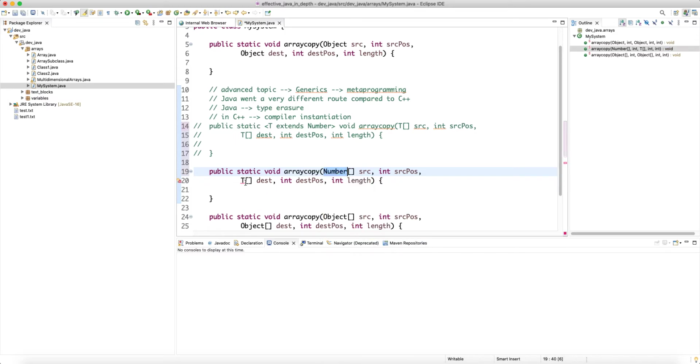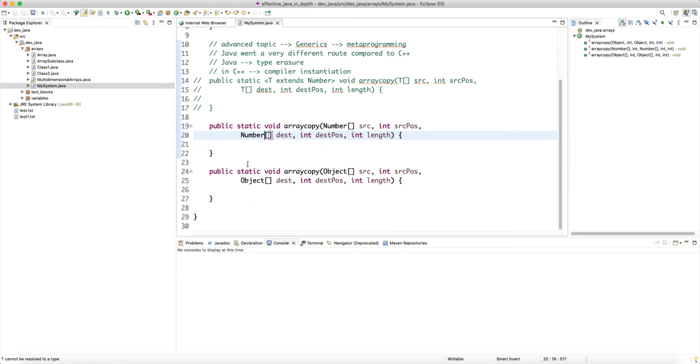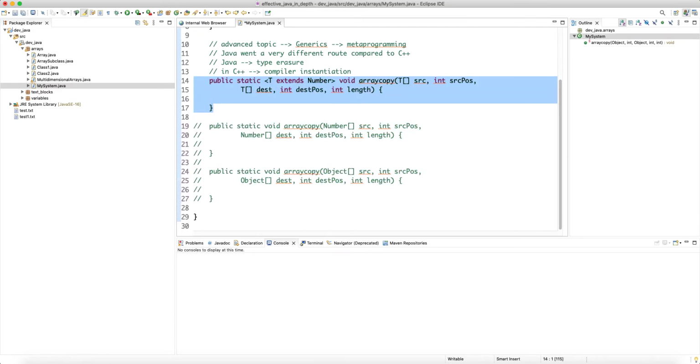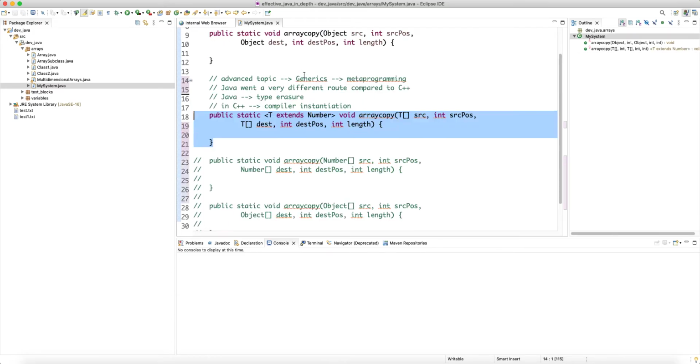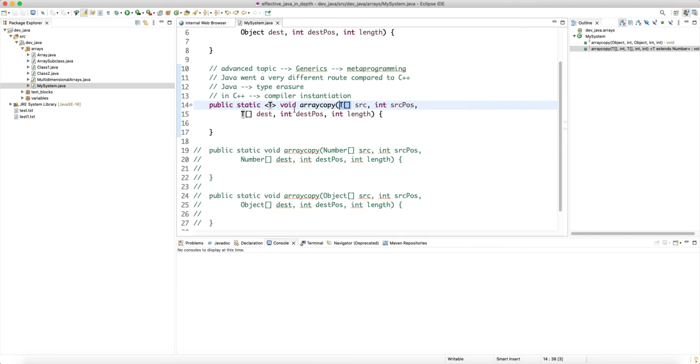Again, I don't want to go deep into the details of generics. This is a more advanced topic and we will look at this, but in general they could write this utility method arraycopy as a generic, right? So it's just T, and then the problem is the reason they decided not to do that is because